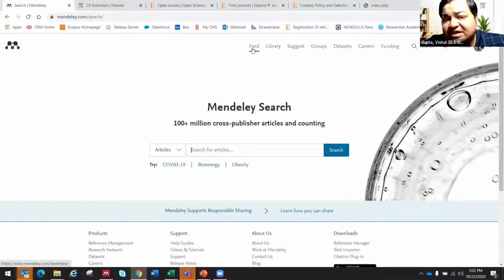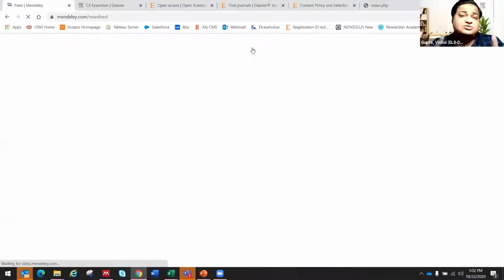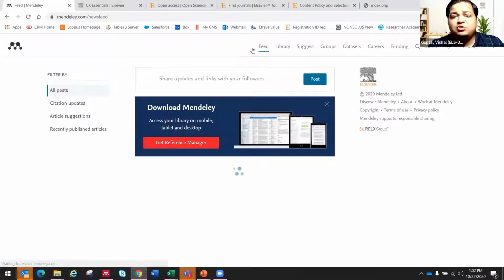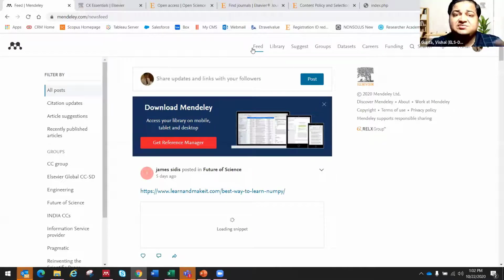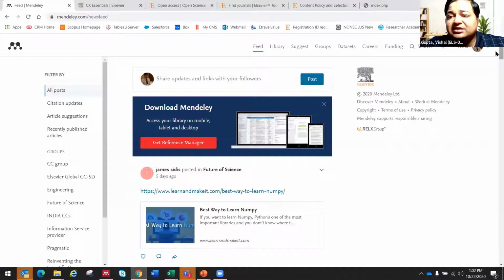Next, you can see feed here on top. So feed is the general page that you see on a social networking platform. Let's say you are on LinkedIn or Facebook. In the morning, when you open your LinkedIn or Facebook, you see all the updates from people that are connected to you, or you are friends with or following. Similarly, you will see all these updates right here, right?